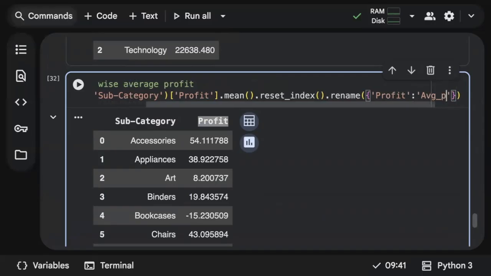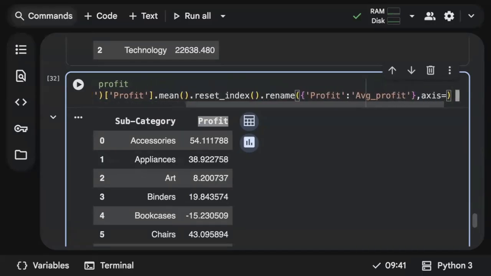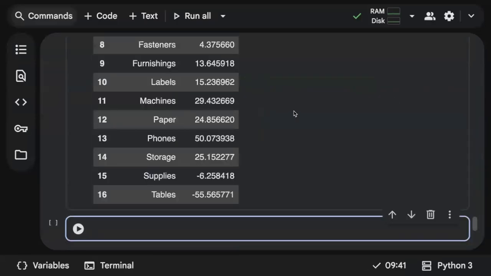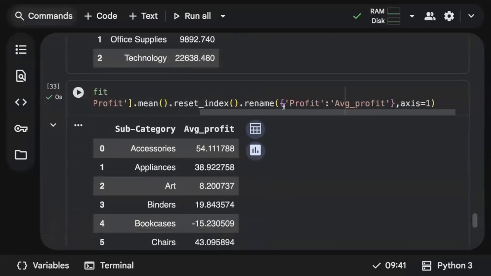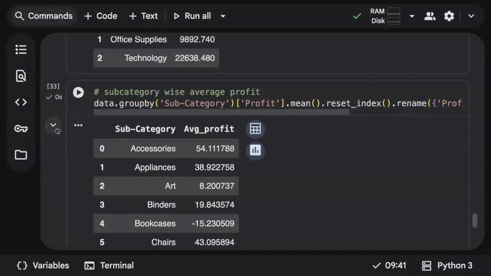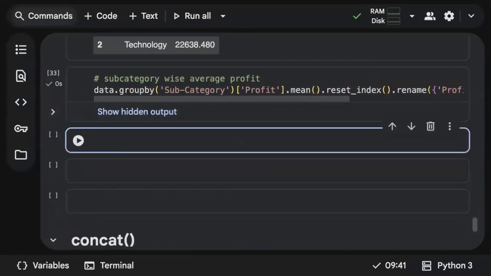Average profit. Since we are renaming a column, that should be axis equals 1. Done. Clear? Okay. All right. What if I need to